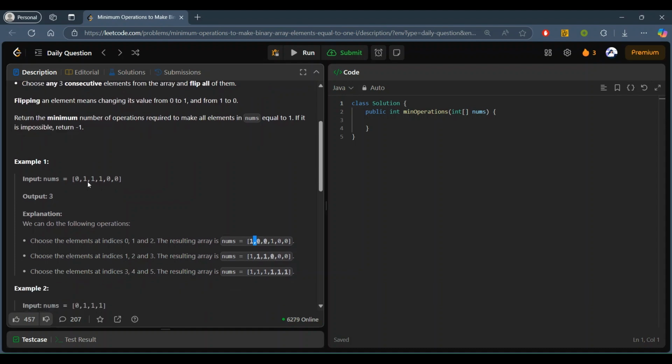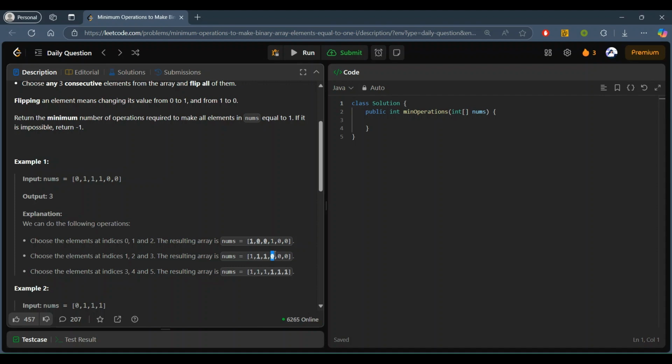So now we have the transformed array, and here we have to make sure that this 0 is converted to 1. So again we have to take three consecutive numbers and flip them again. So we will now have these two as ones, but this one is now turned to 0.